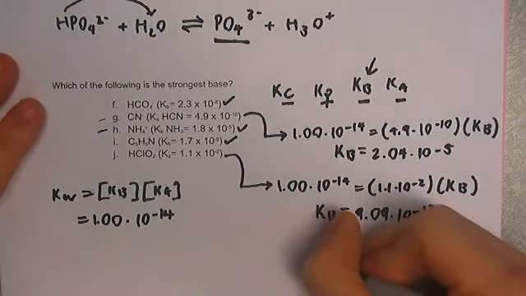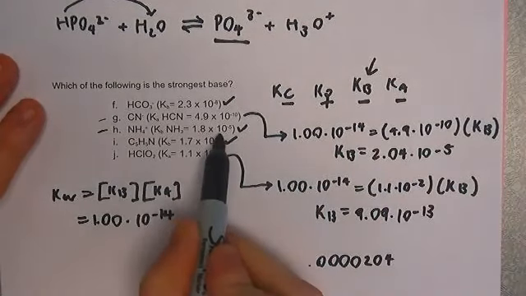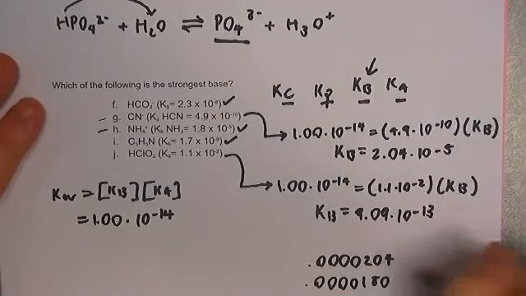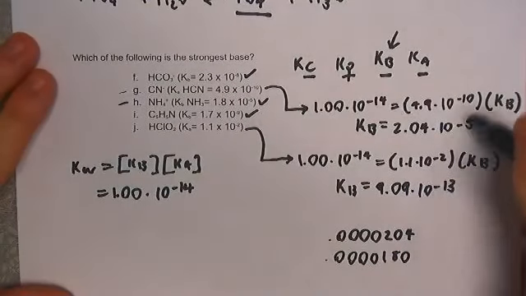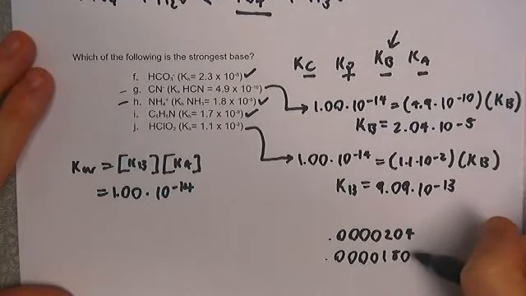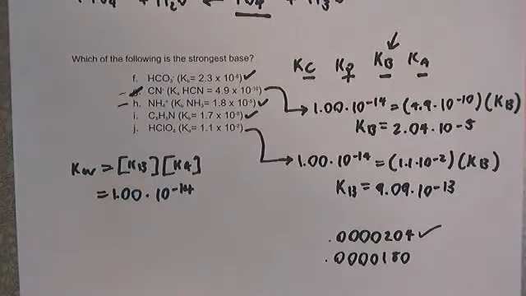This number as a decimal is just this. This number as a decimal is just this. Again, I just wrote these numbers from exponential form to decimal form, so it's easier for you to see which one's larger. Is 204 or 180 larger? 204 is larger, so then option G would be our correct answer. Right? All I did was I converted everything to Kb, then I looked and found the smallest negative exponent, then you're done. So that is it for working through the major problems, kind of basic stepwise problems for you guys